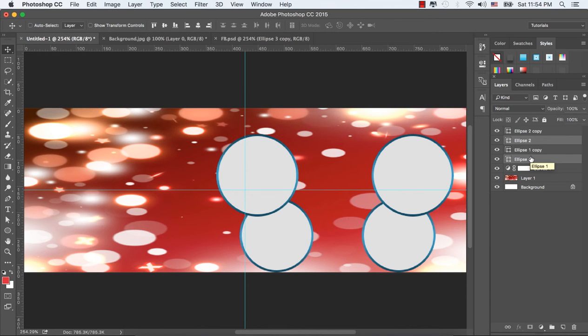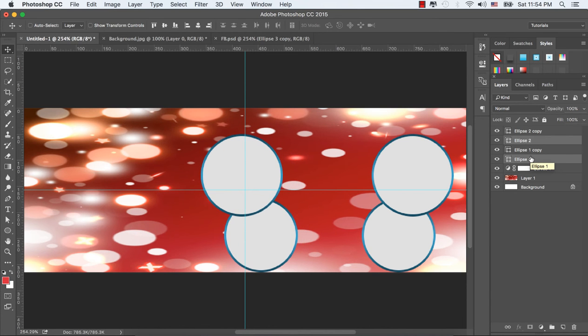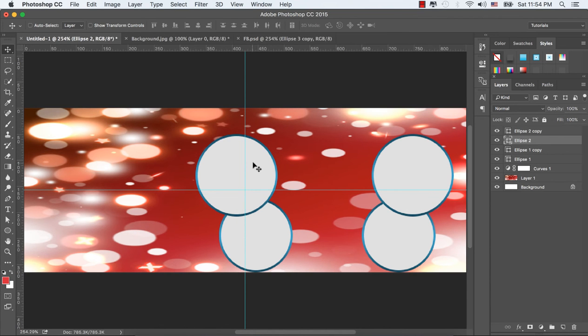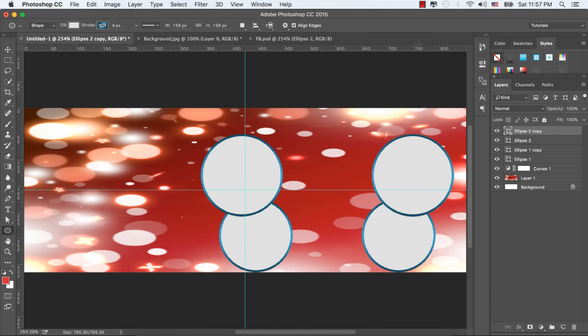Now let's select both layers, ellipse 2 and ellipse 1, and drag them to the left hand side. Select again ellipse 2 and let's put it in the corner of our ellipse 1 shape. Select again ellipse 2 copy.